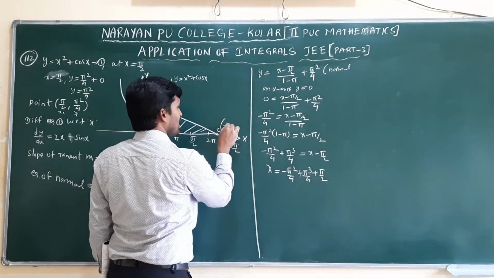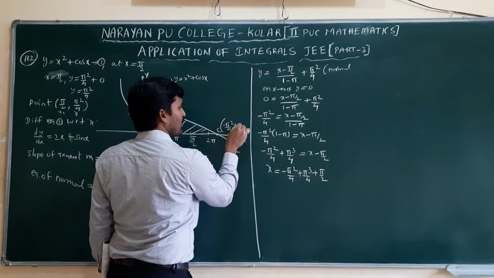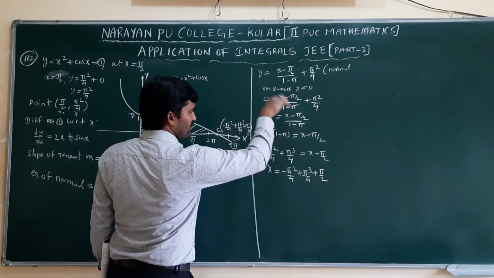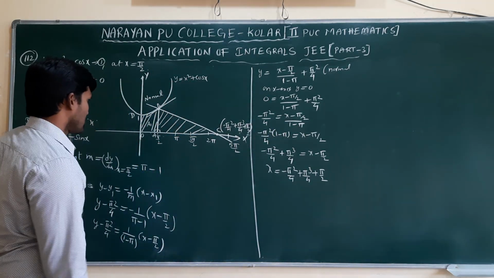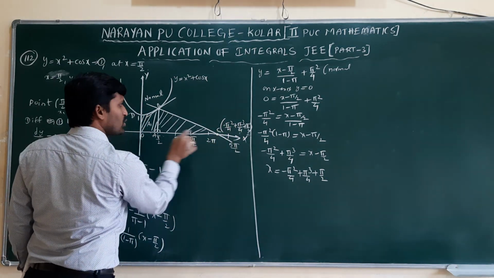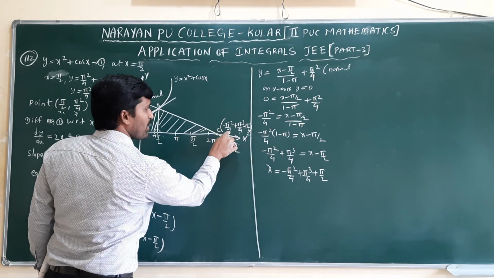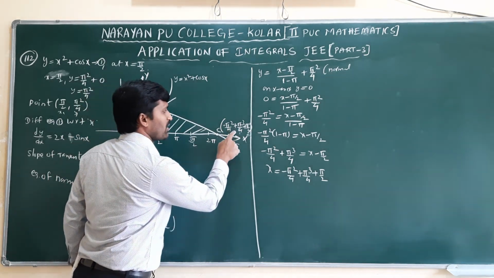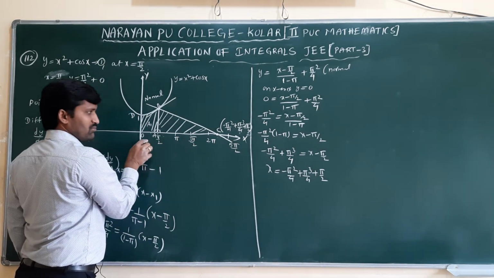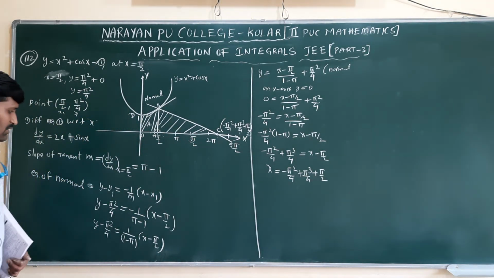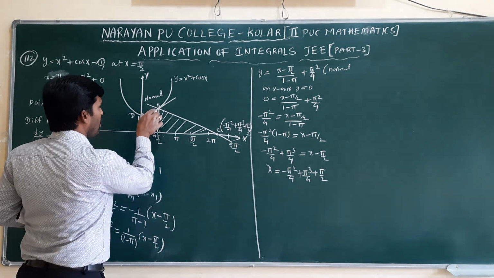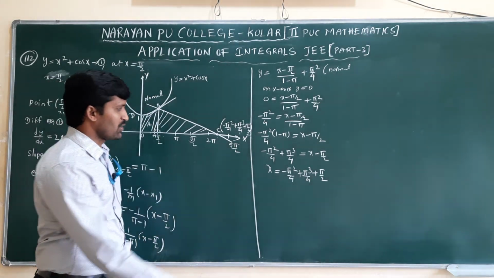To find this value only we are taking it like this. The x value, how much here? Minus pi square by 4 plus pi cube by 4 plus pi by 2. For that only we simplified this value. Because to find the length from 0 to point C, the x value is minus pi square by 4 plus pi cube by 4 plus pi by 2. To find only AC, we need to remove this pi by 2, that is OA, from OC. Now, we will find the region A1. From where to where is it? 0 to pi by 2, only the curve is involved. We can integrate using the integration concept.